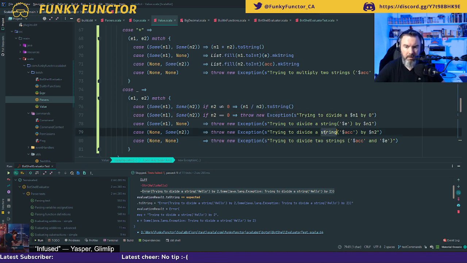Oh no, trying to divide a number by a string.